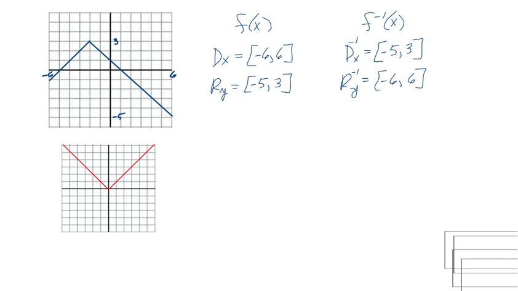So if I were writing what this function would be, I'll do it in red, this function is simply the absolute value of x. Now, I want to transform this into that. So the first thing I'm going to do is flip it over so that instead of the v being like this, the v is down here. And I can do that by simply putting a minus in front of